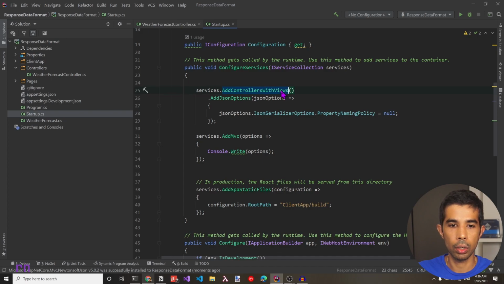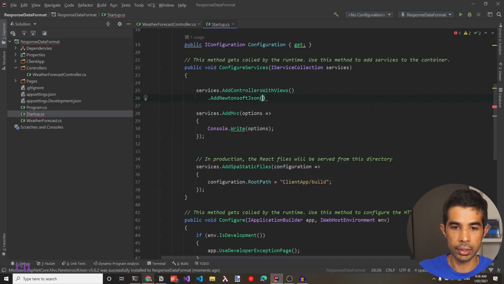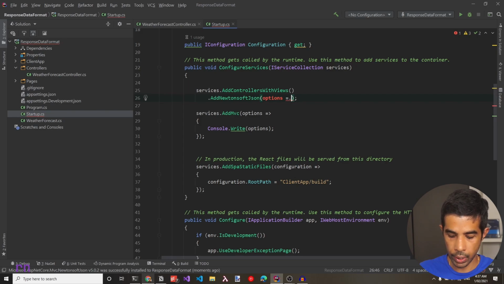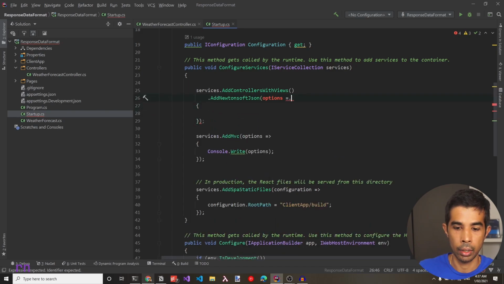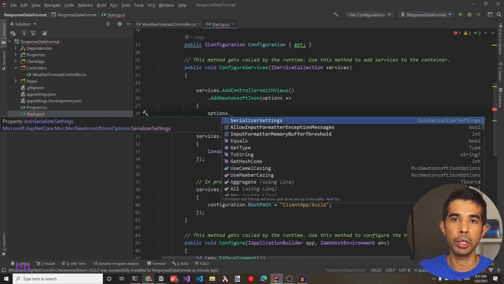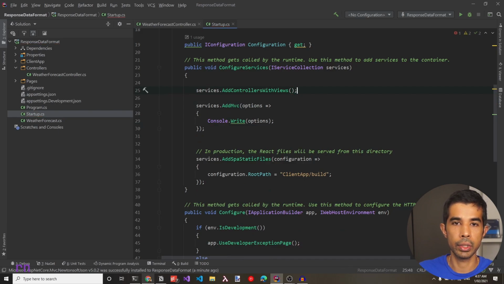So right after you call AddControllersWithViews, you can remove the JSON options, and instead of that, you can start calling AddNewtonsoftJson. This is now going to replace the default converter using Newtonsoft. And if you want to modify this, you can update the properties similarly to the JSON formatter we saw earlier. So passing in the options, you can set up the options on this class as well. Let's make sure to fix this, and you should be able to update the options. So you can switch over to Newtonsoft quite easily if the System.Text.Json formatter doesn't meet your needs. For now, let's clear these and make sure to use the default formatter.